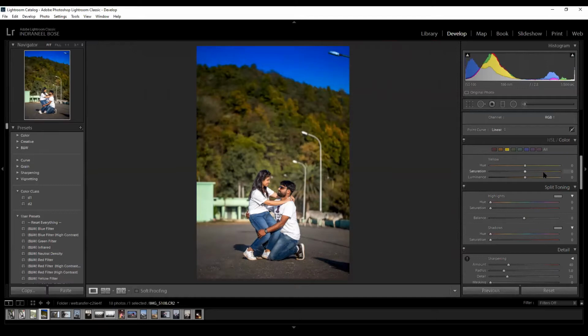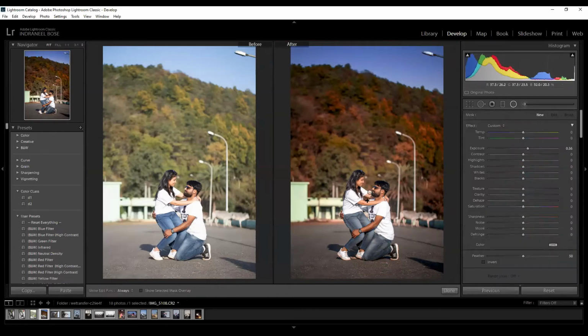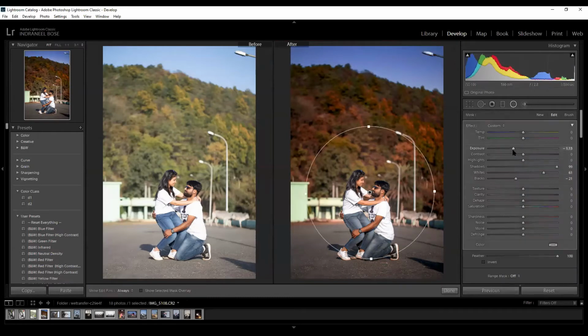Now let's come down to the color part. So we are taking yellow and just shifting the yellow, and the greens, if we shift the greens a little. Now see the difference. You can always alter the blue. If it's too much, you can just reduce the blues, the saturation. You can always alter with the gradients also, because we have already a gradient over here.